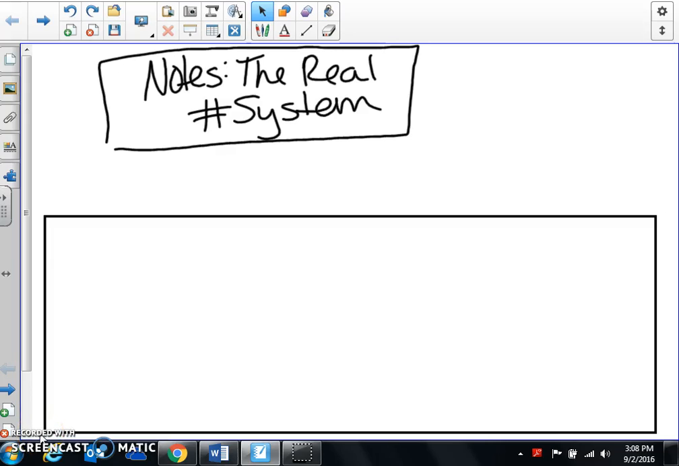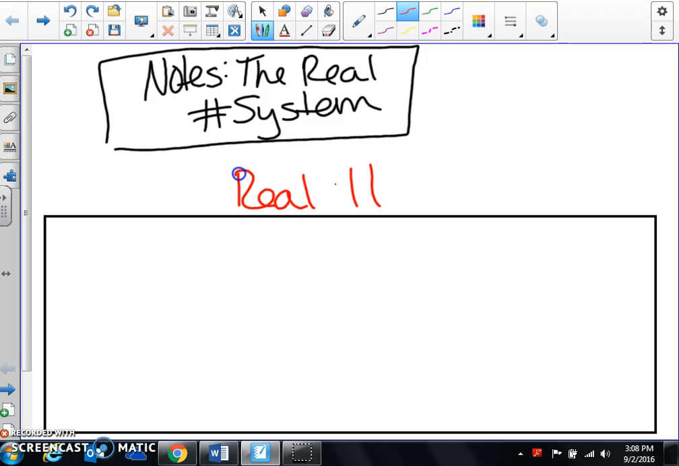Right, so we're going to start off by talking about the real number system. Everything that's going to be in this rectangle below is going to be a real number. And then we're going to talk about an example of where it's a non-real number. Within the real number system,